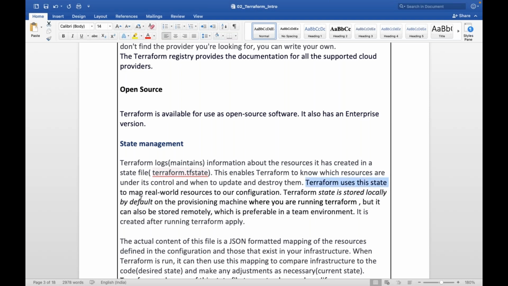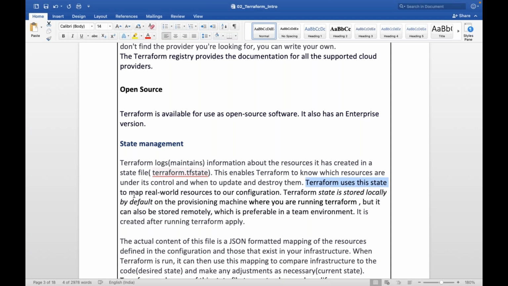Terraform uses this state to map the real world resources to our configurations. Your Terraform configuration is like your desired state, what you need, like an EC2 instance.